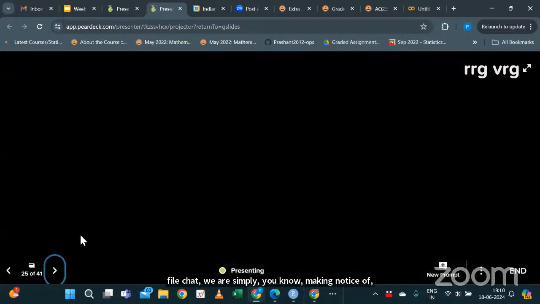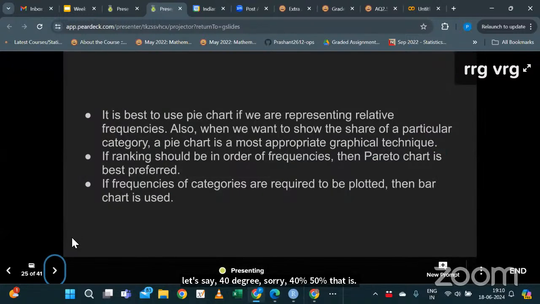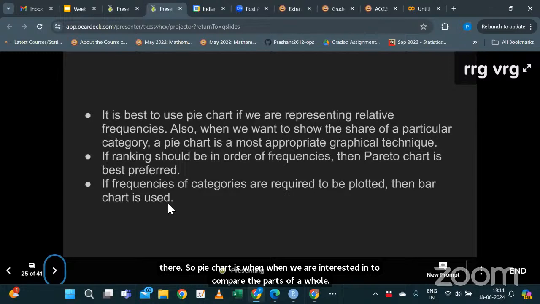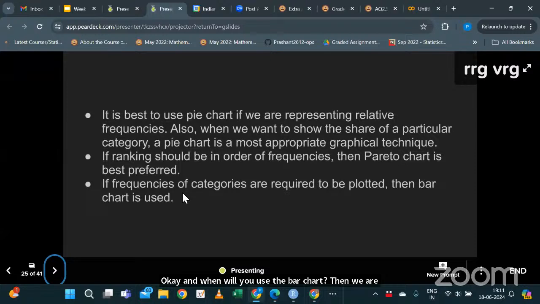So when will we use a pie chart? A pie chart is used when we are interested in comparing the parts of a whole. And we use a bar chart when we are interested in a count, to show the count of categories. And one more thing, if you have ordinal data, then